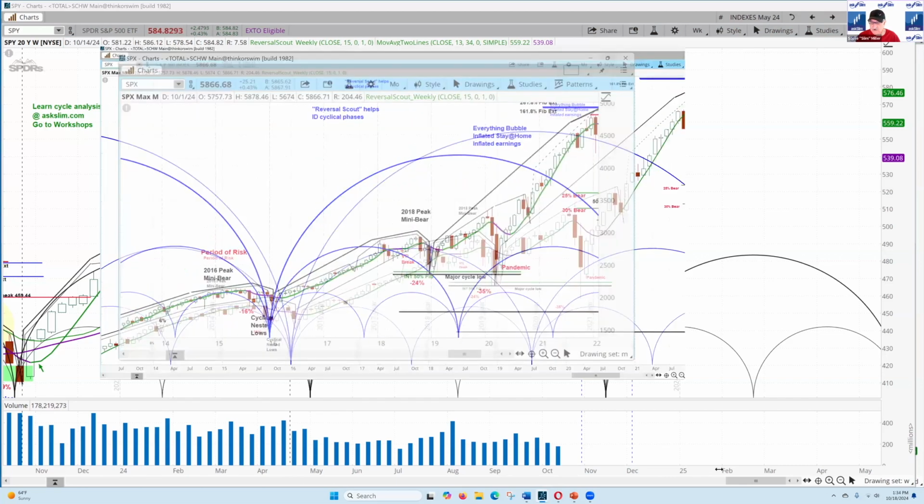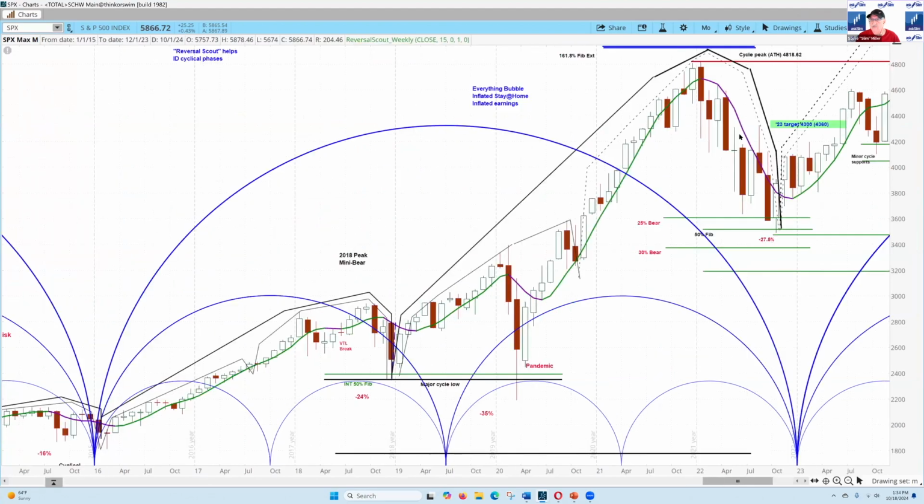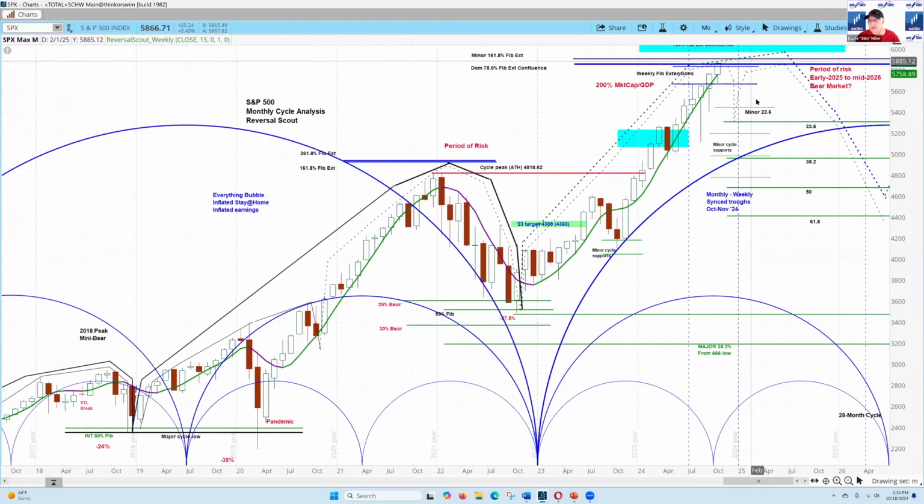Here is your monthly chart on the S&P 500. And the question is, could that have happened already? That would have happened right here. That decline is the decline that occurred with the yen panic right there, and then the market moved up again. As you can see, I'm projecting for that trough to still occur. In other words, that pullback to occur in this November-December period on the monthly chart.